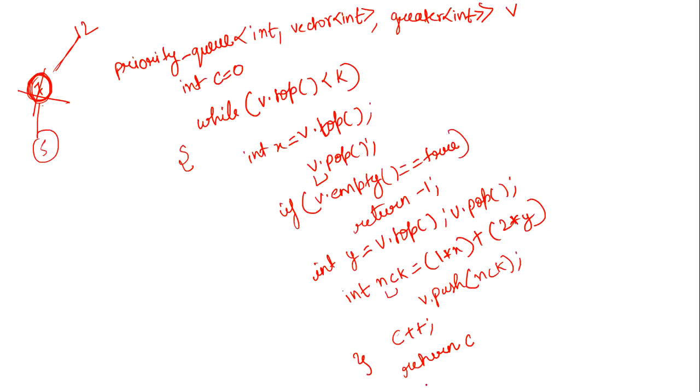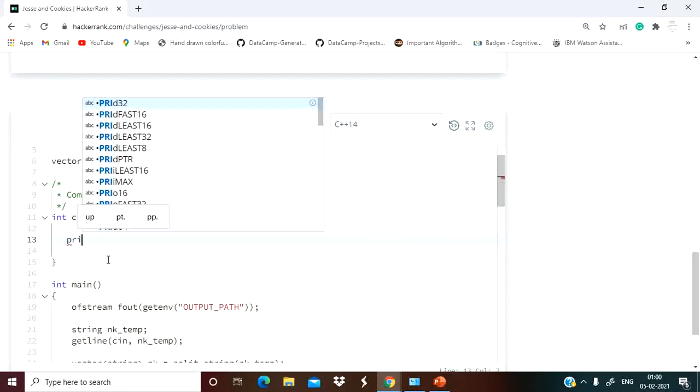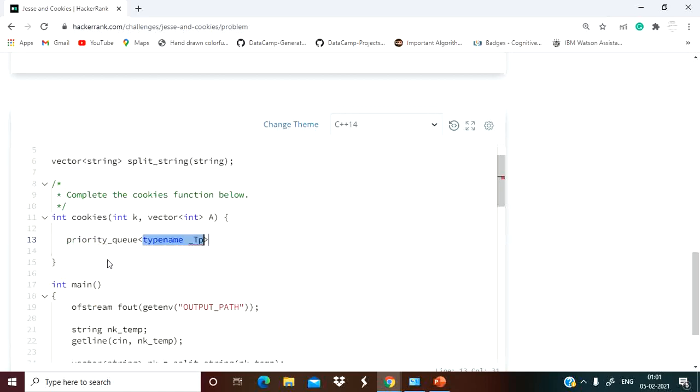So let us see the implementation of the same. Here let's take a priority queue. We have to mention the type, that is of integer type. We are using the vector array to implement the queue, and next we have to mention that we are using the min heap.